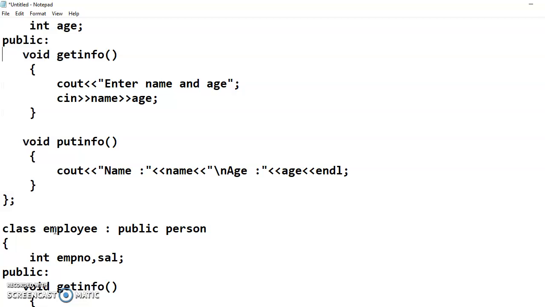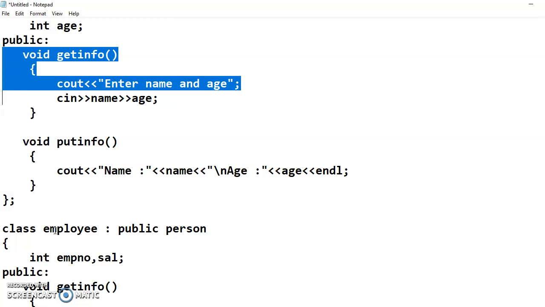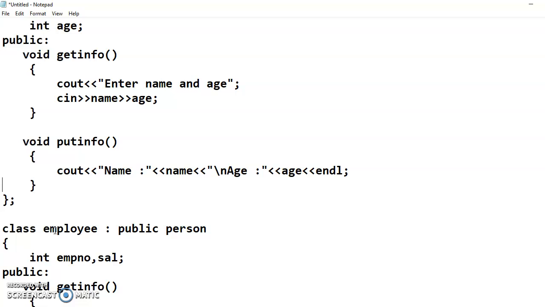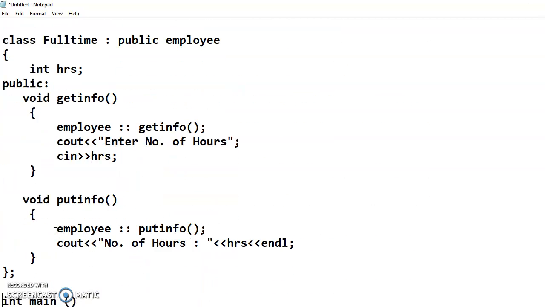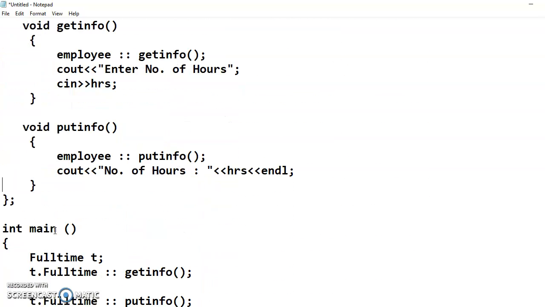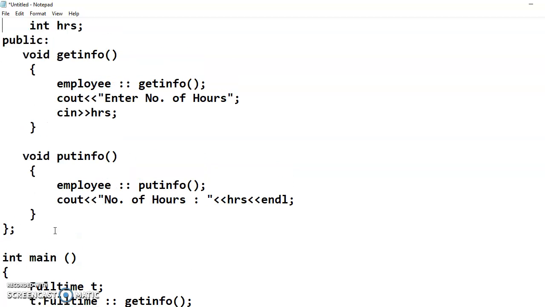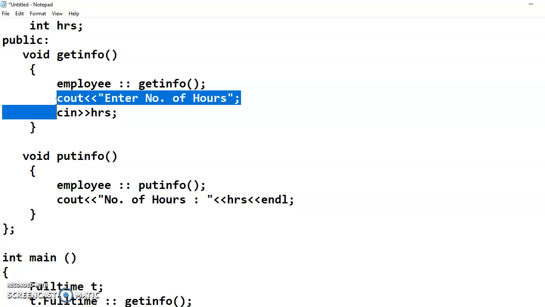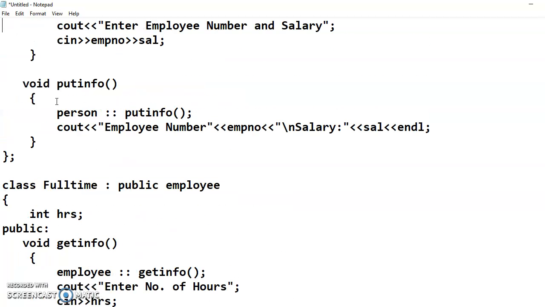But now after entering the name and age of the person, after finishing the getInfo method from the person class, it will ask the user to enter the number of hours, and also it will ask the user to enter employee number and employee salary.